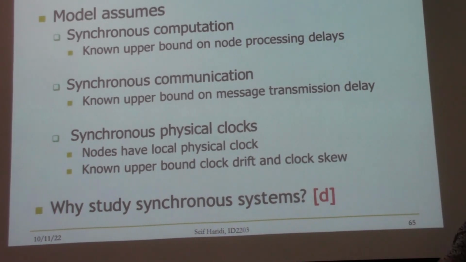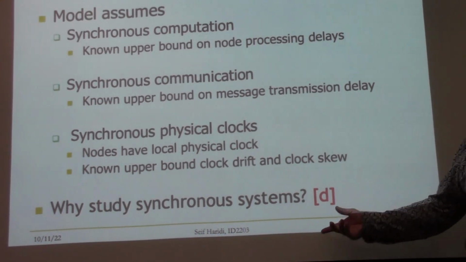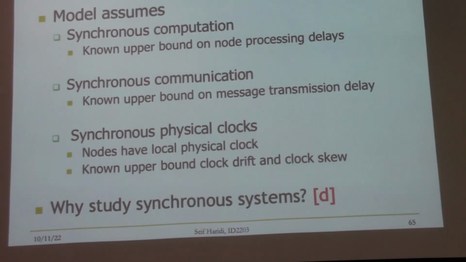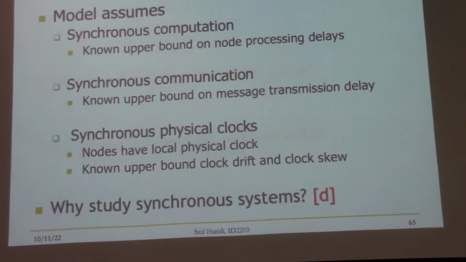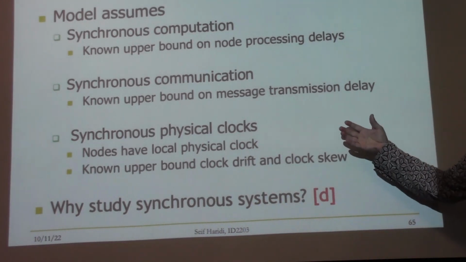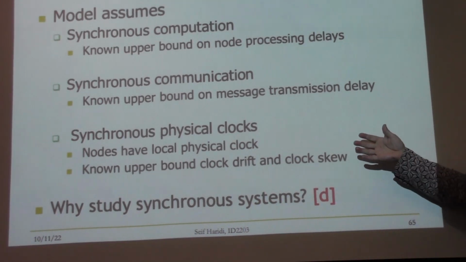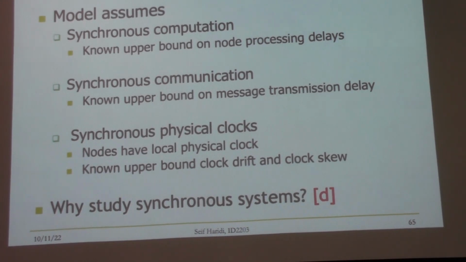So it's clear the internet cannot be synchronous. So why do we study synchronous systems? We're kind of in a bind here. Asynchronous systems are easy to implement, but it's hard to make algorithms. And with synchronous systems, the algorithms are easy, but they're very hard to implement unless they're very small. This multi-core system is synchronous, fine, but a network with nodes that are maybe a kilometer apart is not really going to be synchronous anymore.